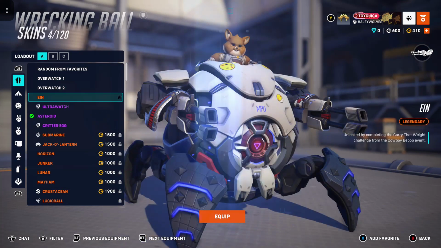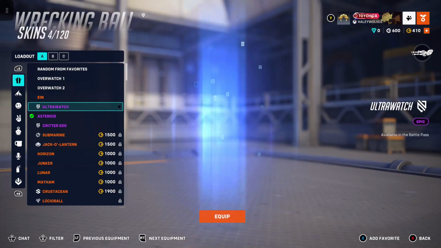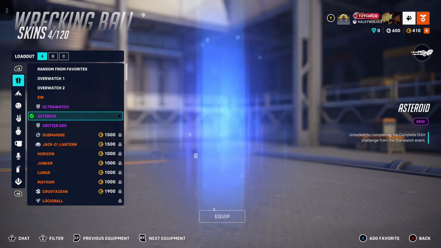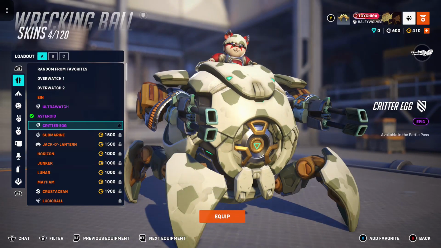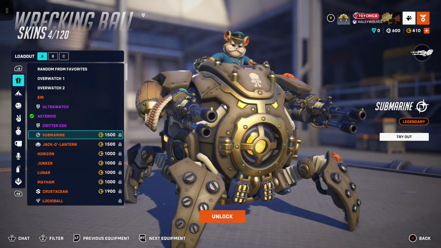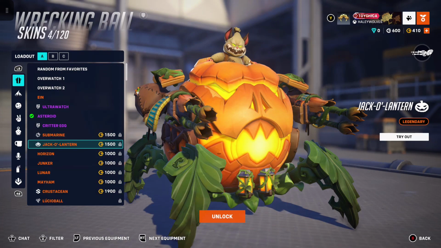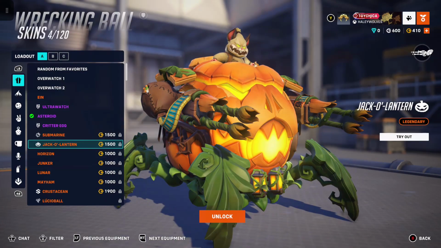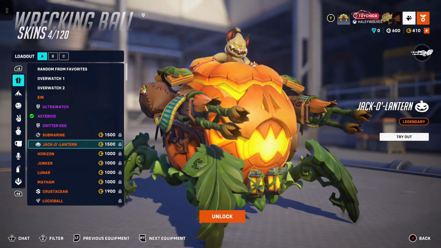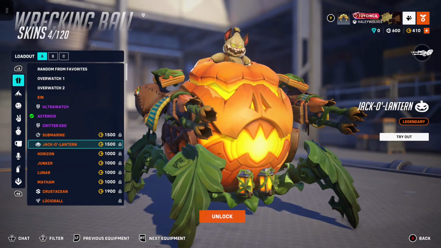A tier. A tier. Whoops, the wrong way. B tier. B tier. B tier. And C tier. D tier because the Wrecking Ball, I mean the little hamster, his outfit, that's not even close to a pumpkin. Unlike the ball is understandable, but